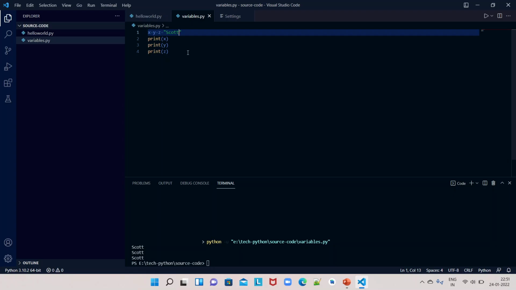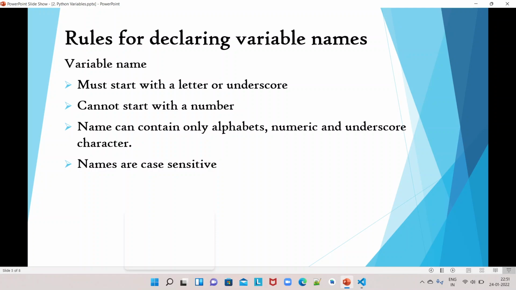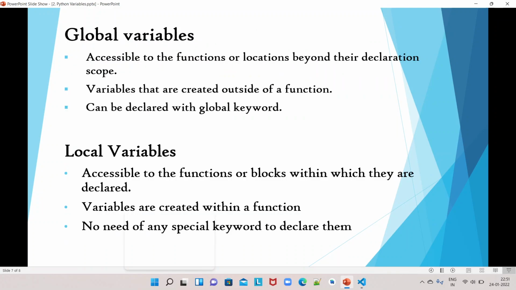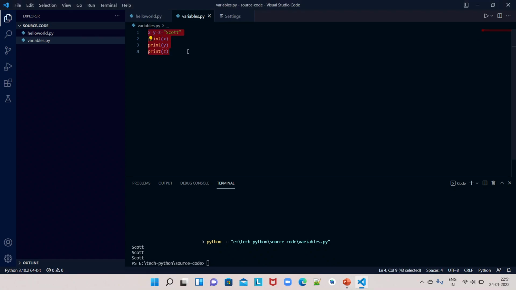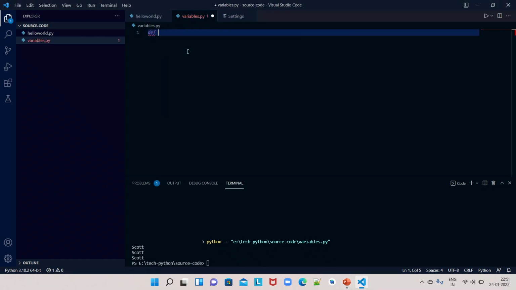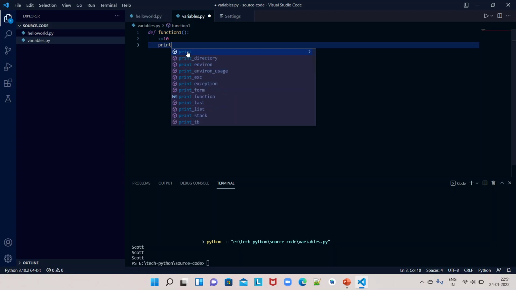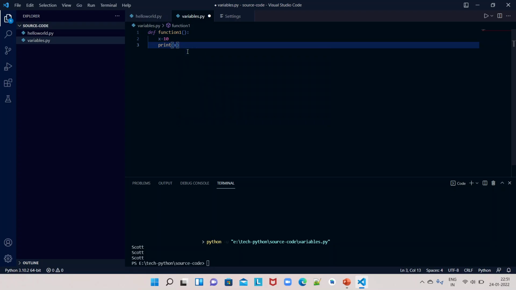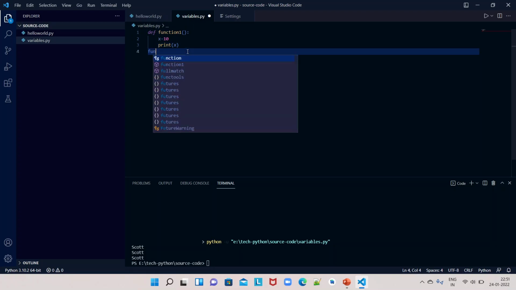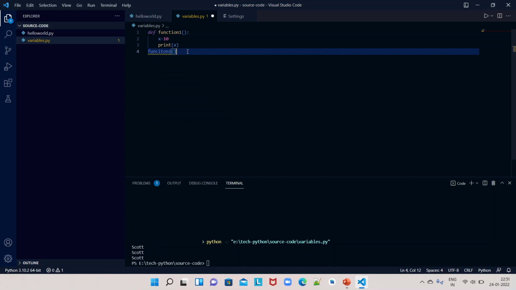Okay, let us go to the local and global variables section. Let us say there is a function. This is how we write or define functions in Python. Here I am assigning a value to this variable, which is declared inside this function. If I print this and call function 1 like this,